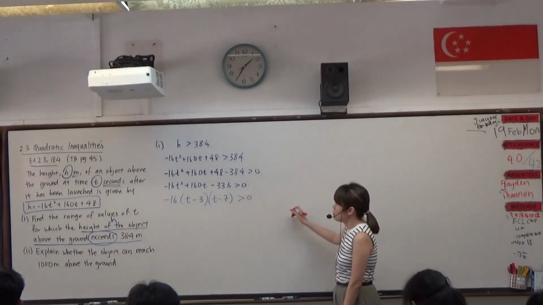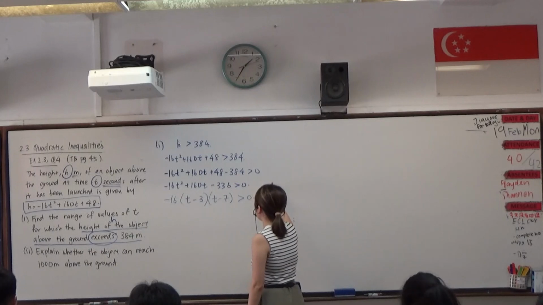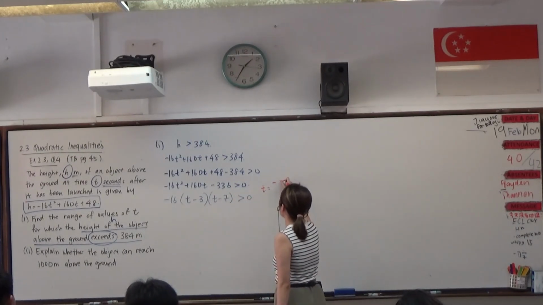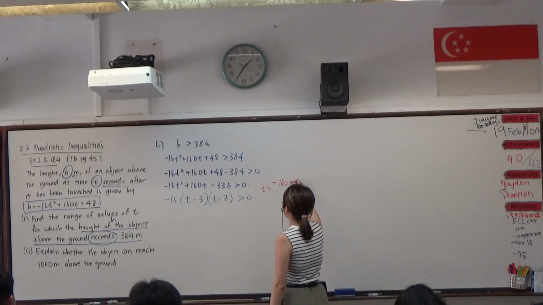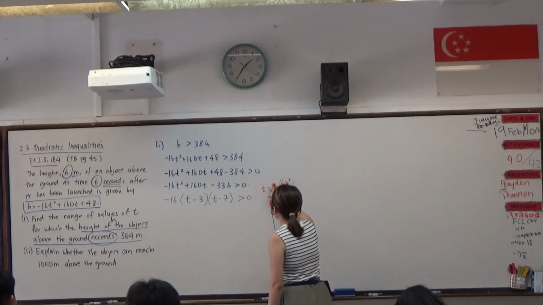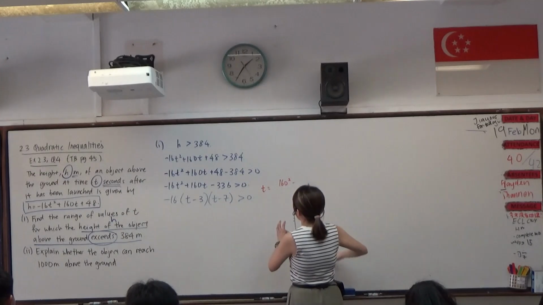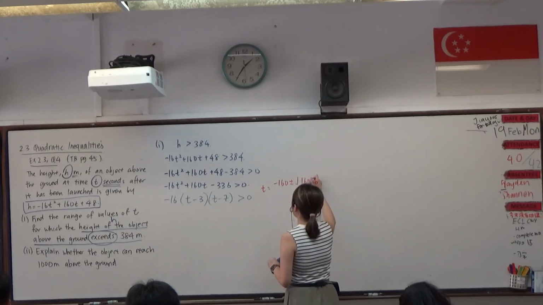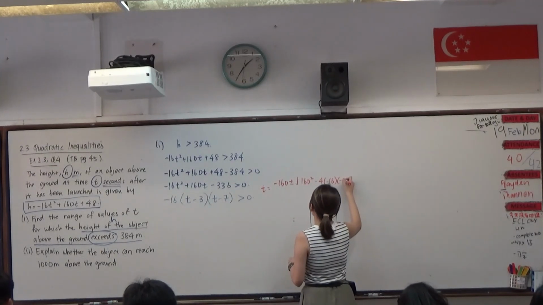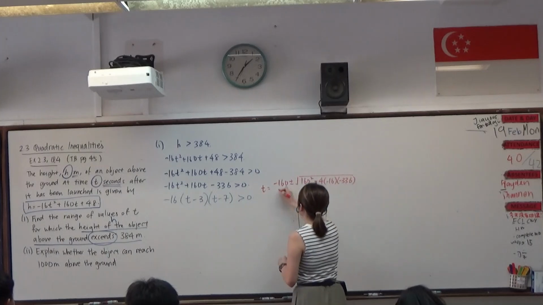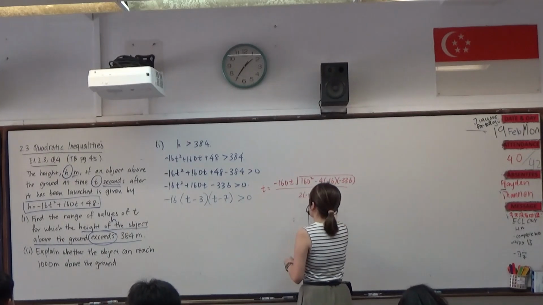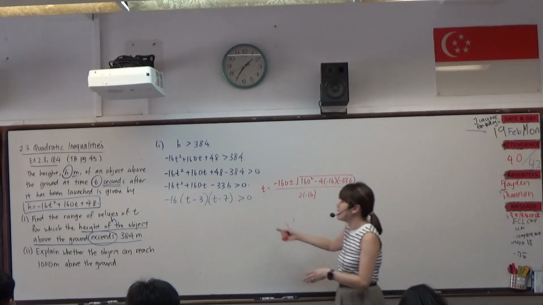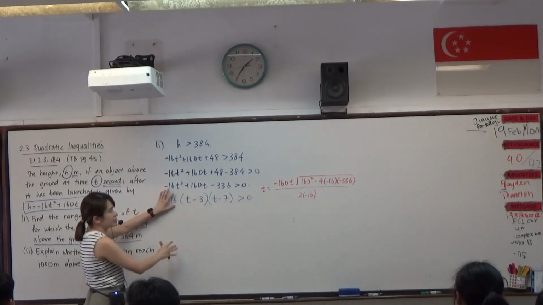If you want to do it via the quadratic formula, just make sure you label it as t equals, because we're talking about t, minus b plus minus the square root of b squared minus 4ac. You can do this, right? Not an issue. But if you chose what Daryl has done, to factorize out negative 16 first and get this, that's also okay,